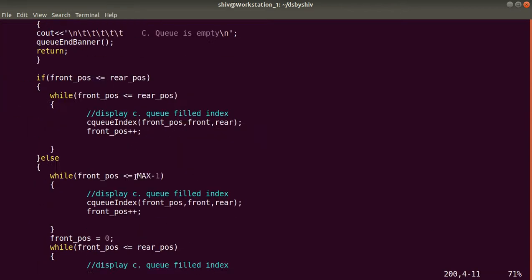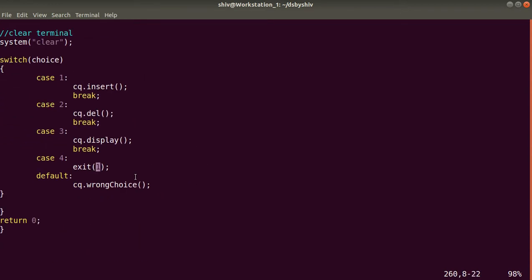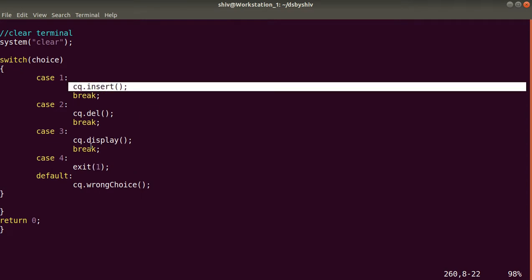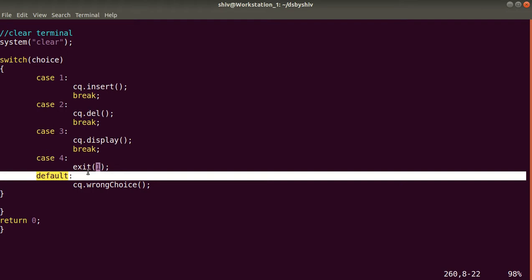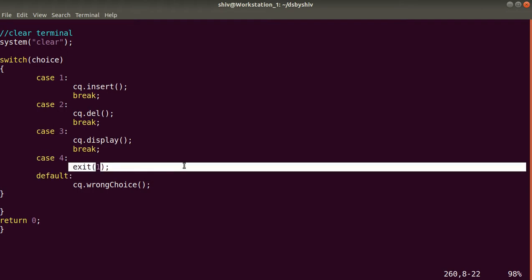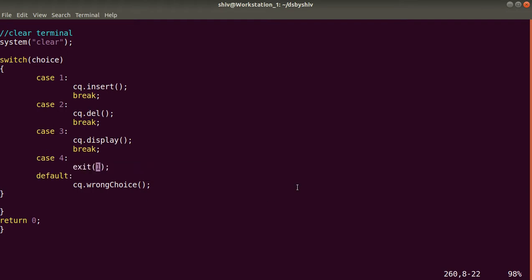Now control will come back to our switch statement in the main body. So we have covered insert, display, delete. Now if the user enters 4, then we will come out of the program, exit 1 meaning normal condition. Okay guys, accordingly you can pass digit 0 also, but I am passing 1 here.